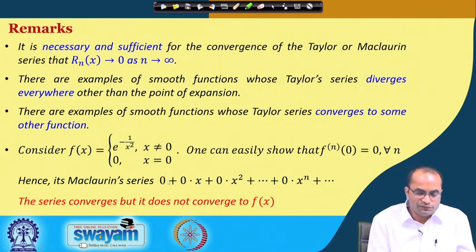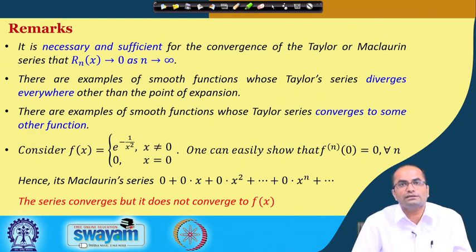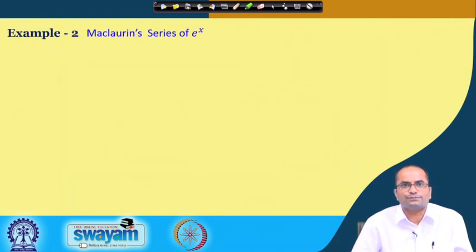And then what we see here, whatever x we keep, the Maclaurin series is giving 0. That means the series converges for whatever x, the series is just 0, but it does not converge to the function. The function was, for x not equal to 0, e power minus 1 over x square. So, it is a very simple example where we can see that these Maclaurin or Taylor series do not converge to the function.